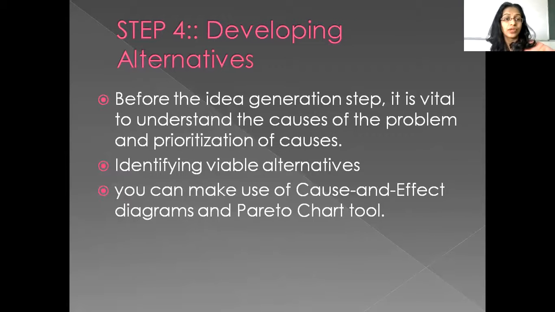What is step number 4? Develop alternatives, or develop solutions. In the first step, what I did was find out what the problem is. So for that problem, I come out with some solutions, which are known as alternatives. One problem can be solved in 100 ways also. But we have some limitations for that. Clear? So I will come out with plan A, plan B, plan C, plan D.